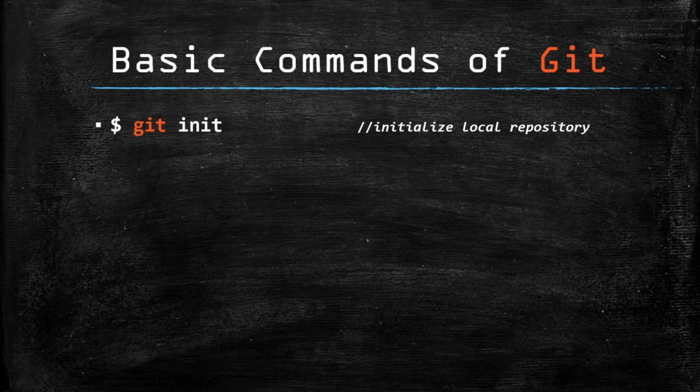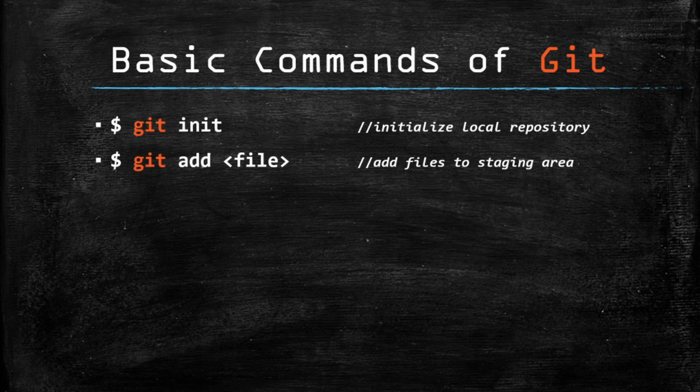Once you initialize that folder as a repository, you can then start to run other commands. So the next command we are going to study is git add. Git add will add the files or folders that you specify to the staging area of the index and will then be ready to commit. You can run as many commands as you want until you commit your files to the remote repository.